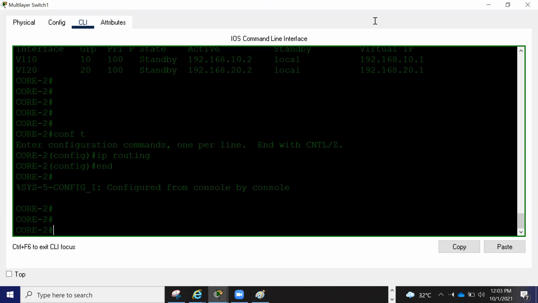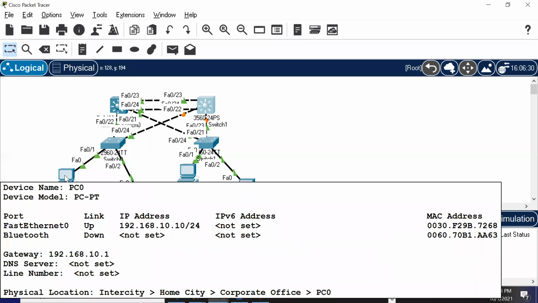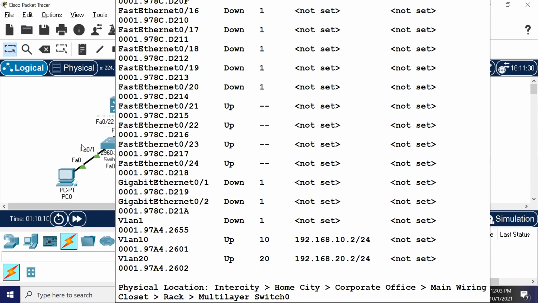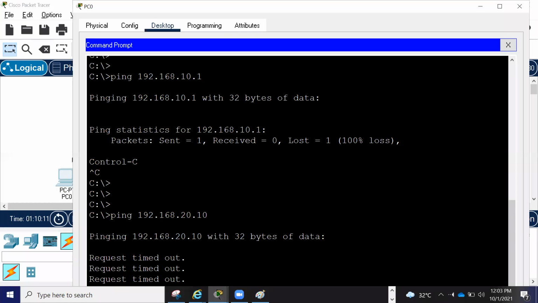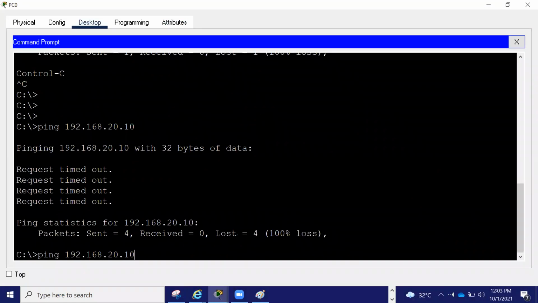So what we have done: from this machine we use one gateway only, 192.168.10.1. So where will it go? Out of core switch 1 and core switch 2, who is active? This guy is active, right? If you try to ping first, let's ping 10.1, it's the gateway.